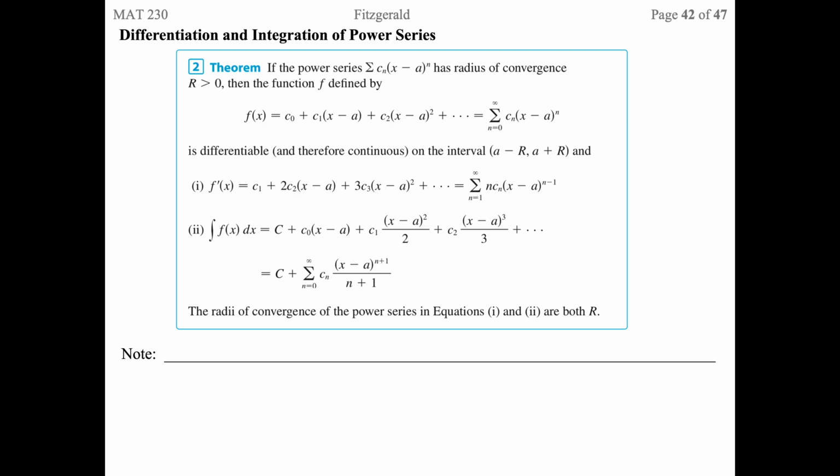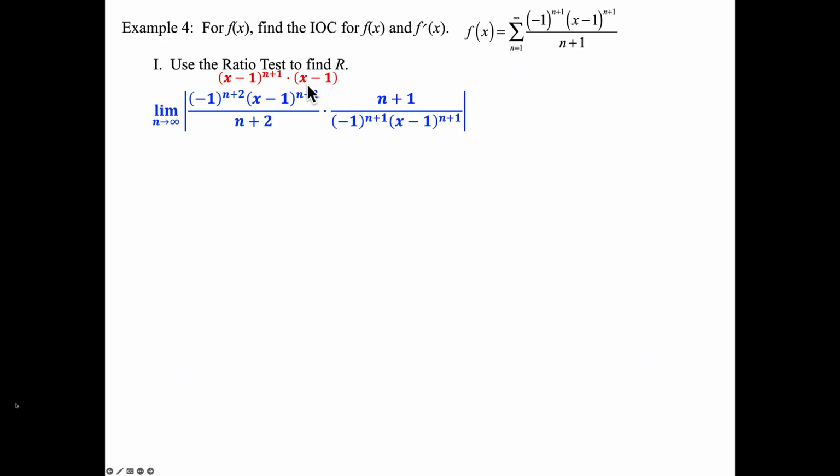9.9 part 2. We're going to look at a power series where we're going to take the derivative and we're going to integrate it. So my theorems,